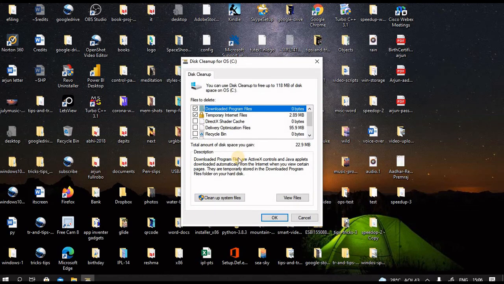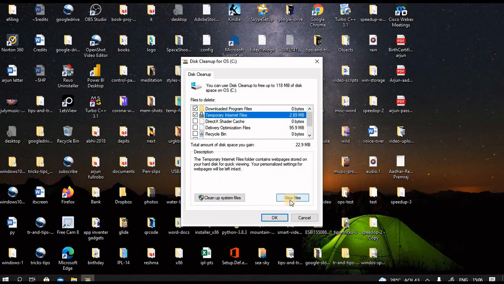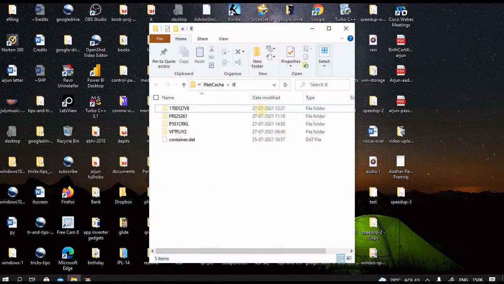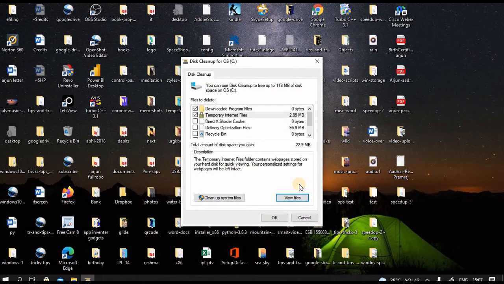It targets the temporary internet files, temporary window files, downloaded program files, recycle bin, removal of unused applications or optional Windows components, and so on. These are facilities already offered by StorageSense. So we don't have much to remove here. The only difference I find is it gives a detailed listing of the items selected. For example, if we select temporary internet files, we can view the list of files. So it's here. Otherwise, we have already dealt with that and we don't have to do anything further with the cleanup.